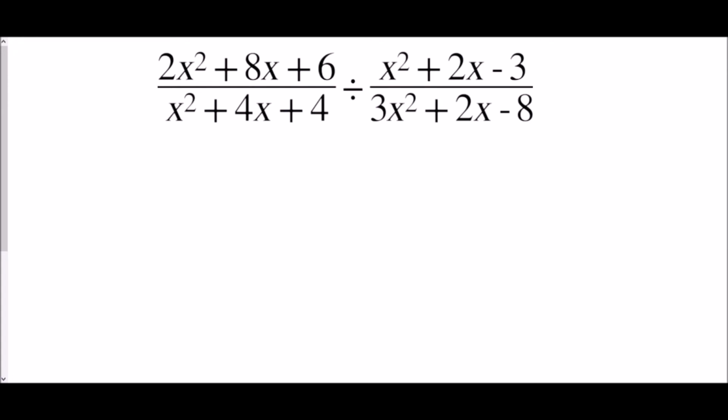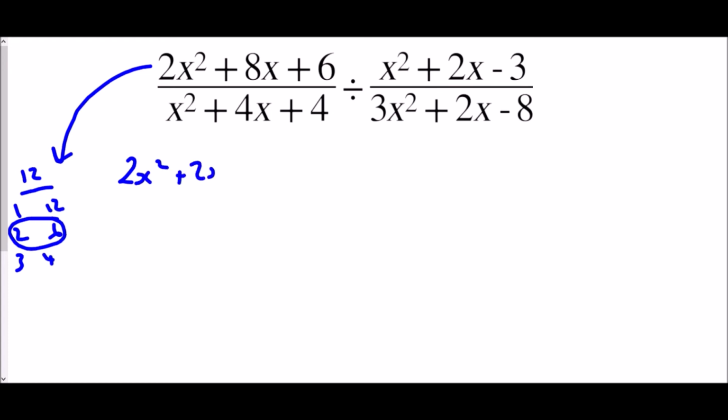And now we have a division question again. We have a coefficient of x squared in two of our expressions, so we're just going to need to deal with those first. So let's just take the first expression here. I need 2 times 6 is 12, so I want a pair of numbers that are going to multiply to make 12 but add to make 8. So I'd have 1 and 12, 2 and 6, 3 and 4. Well, that gives me 2 and 6 as my answers, and so I'm going to have 2x squared plus 2x